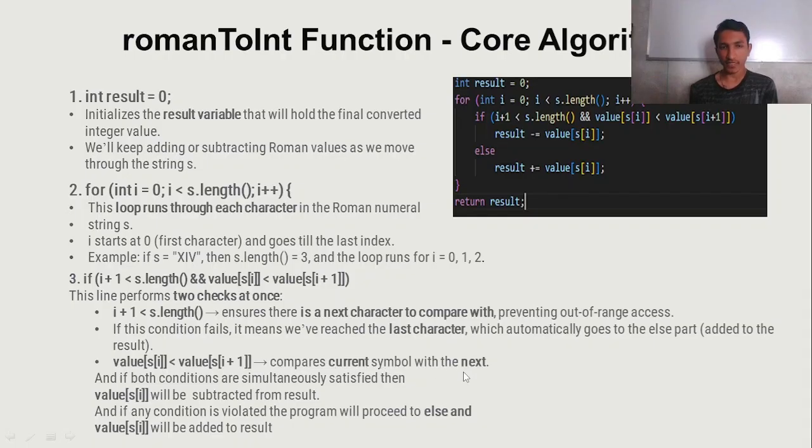It compares the current symbol with the next, and if both the conditions are simultaneously satisfied, then the value of s[i], the integer value, will be subtracted from the result, and if any condition is violated, the program will proceed to else, and the integer value at index i will be added to the result, right? As we have talked earlier also,